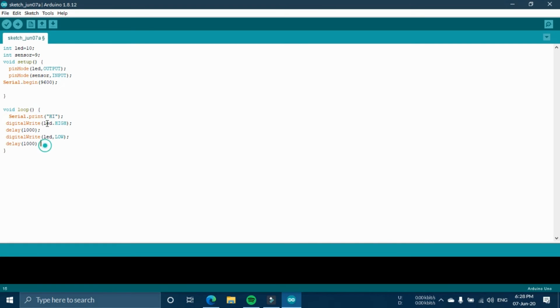So yeah. Next, what about sensors? In sensors, we use the read command. So if, bracket, sensor is equal to HIGH.